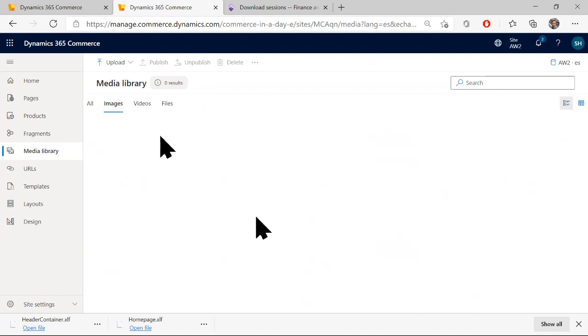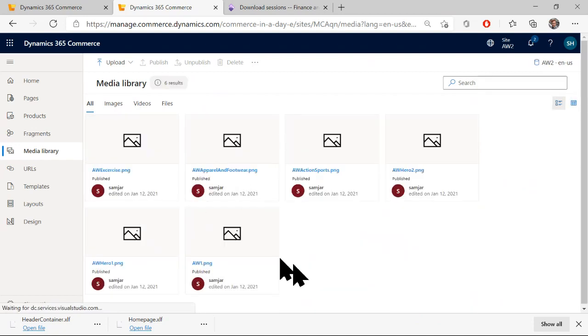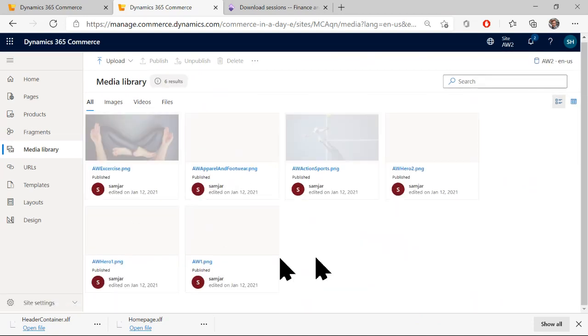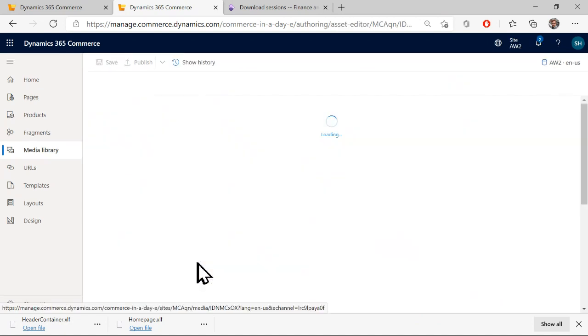I wonder why that's not rendering. Check your locale. Oh, thank you. Good eye. Yes, that is by design. There we go. Okay, so here's our AdventureWorks image,